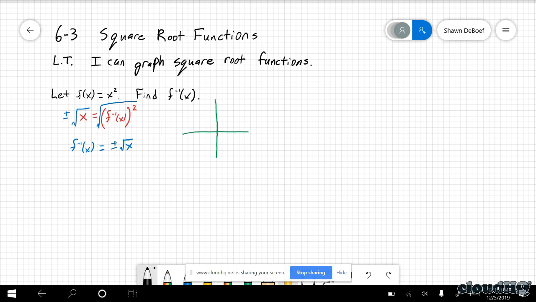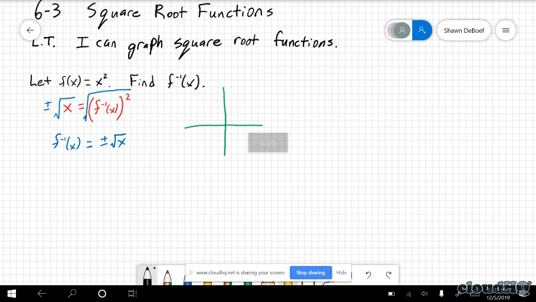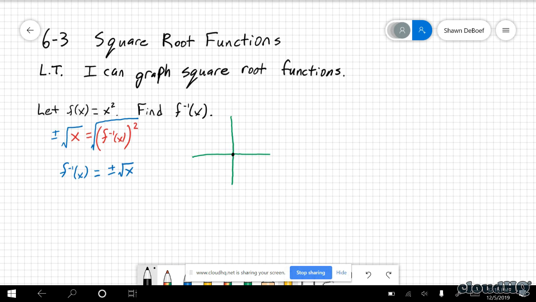I don't want to spend a lot of time on refreshing how we graph a quadratic. We already did that chapter. But this one would have a vertex at 0, 0. It would go through 1, 1. So negative 1, 1 as well. And then it would go through 2, 4. Negative 2, 4. That's probably good enough to sketch our graph. Okay, so that's not new material. That's just graphing a parabola, which was chapter 4. That was our f of x.